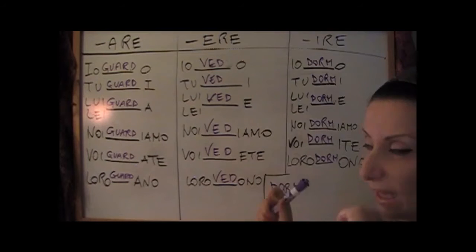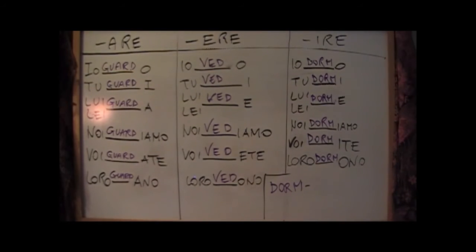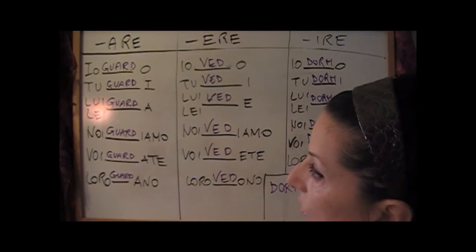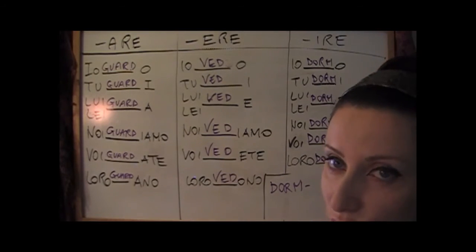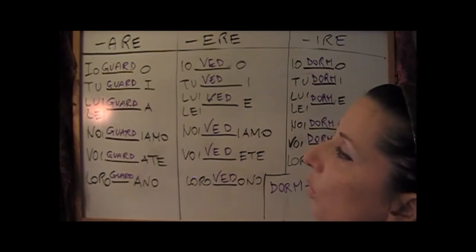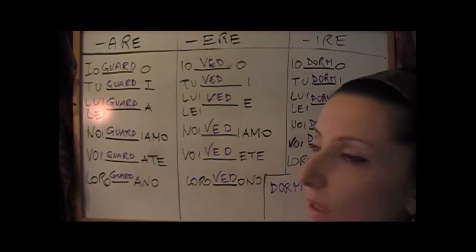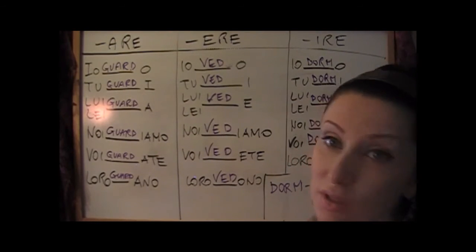Also, in the last group, ire, there is a group of verbs that follow a particular pattern, like capire, for example, but it's not that difficult. That is something that you're gonna see in the video and you're gonna understand it very well. And just a little thing I want to tell you in this demo. I've written all the subjects that I explain, what corresponds in English, but Italian doesn't use the subject. An Italian wouldn't say io guardo, it will say just guardo. An Italian wouldn't say io vedo, it will say just vedo.